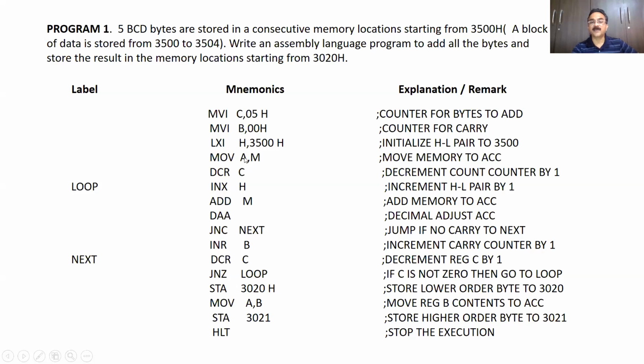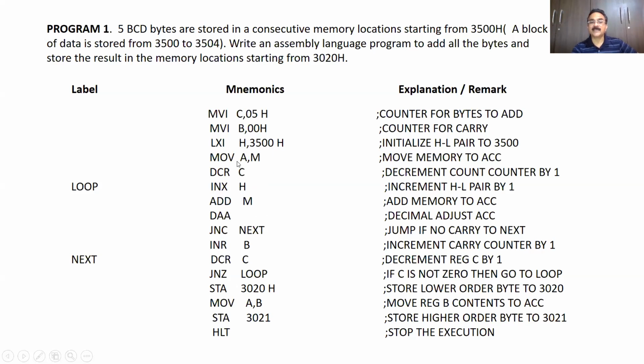Now getting a byte in the accumulator or adding it to the accumulator is one and the same thing. So since I moved the first byte to the accumulator, I'll have to decrement the byte counter by 1. So this 5 becomes 4, DCR C. Now to this, I'll have to add the next byte. Where is the next byte stored? It is in 3501. So to go to that 3501, we use the instruction INX H. And then after that, add that byte to the accumulator. Again here, ADD M. Why? Because the address is in the HL pair. So ADD M. Second byte is added. The meaning of ADD M is add memory to accumulator, meaning the contents of memory to accumulator.